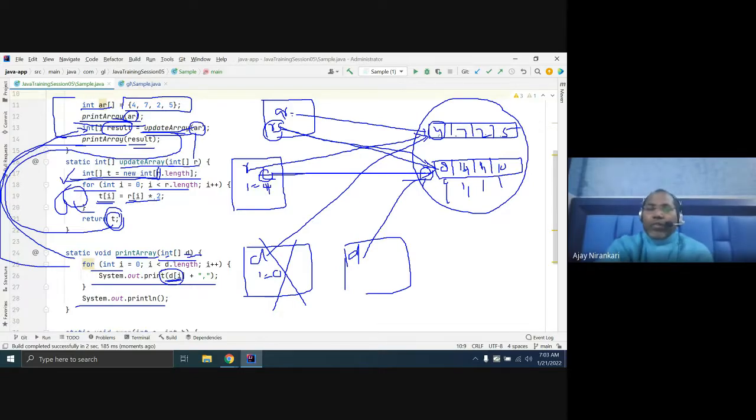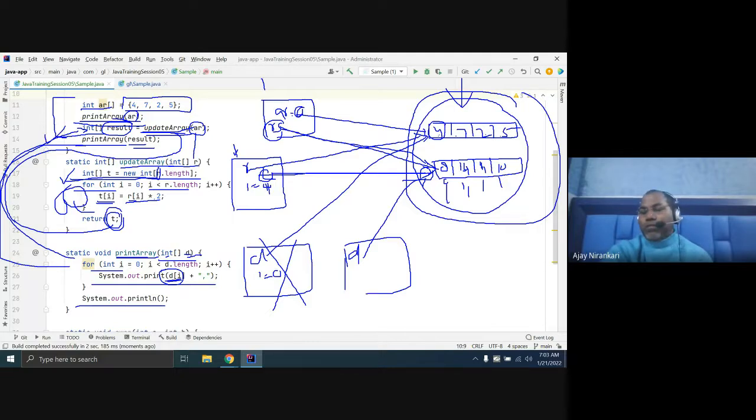Please try to understand. Whenever you are passing an array, they are using shared memory. This is the concept: heap memory, while all these are stack memory. Each method has its own stack memory. Arrays are not stored in the stack memory, they are not part of the stack. This is the reason whenever you are working with an array, it is stored in the shared heap memory. This heap memory is shared by all methods, method 1, method 2, method 3.